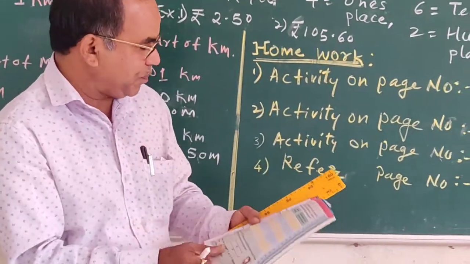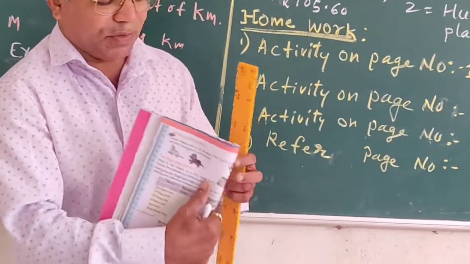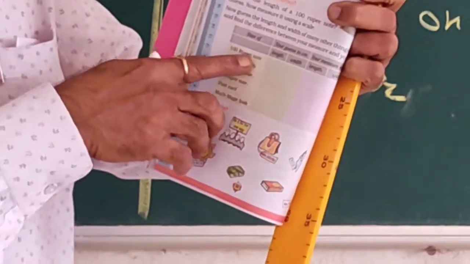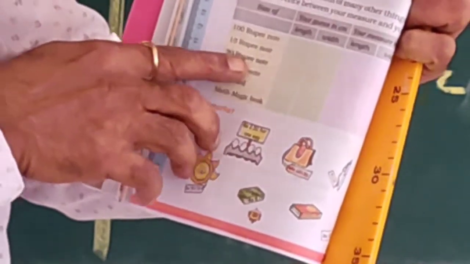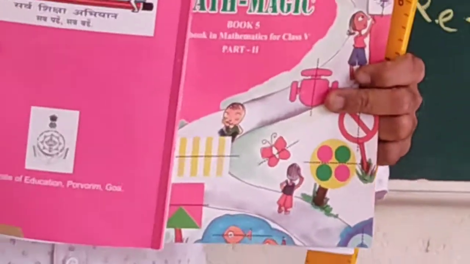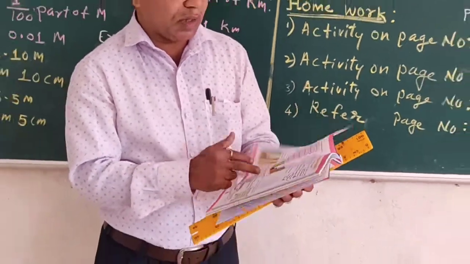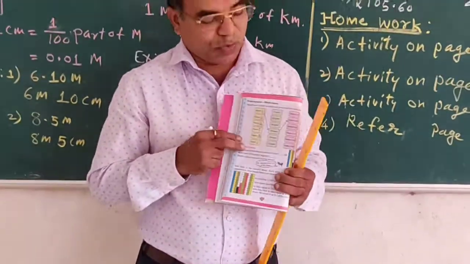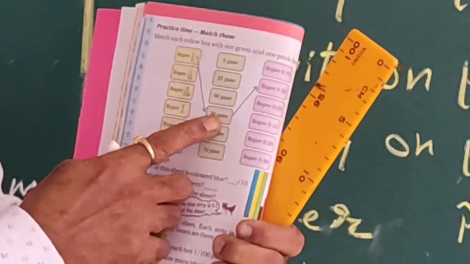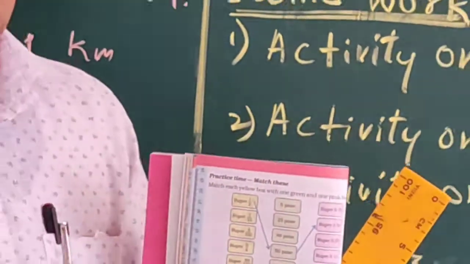So one more activity, refer to page number 138. You can see here. Here you have to measure the length and width of a 100 rupee note, 10 rupee note, 20 rupee and 5 rupee notes, and a postcard, and the length and width of this Math Magic textbook. And one more activity you only have to refer to here. You can see here the conversion. Half rupee means it is 50 paise. In decimal form, it is 0.50 rupee. So you have to refer to this chart also.